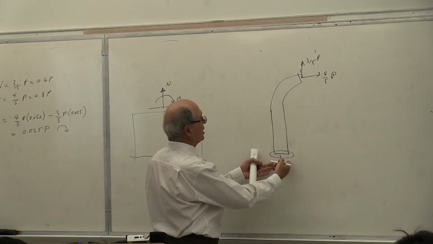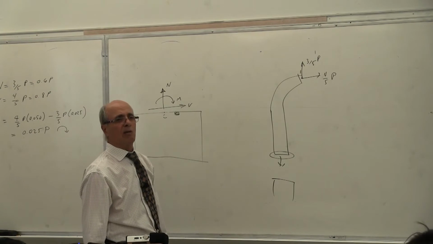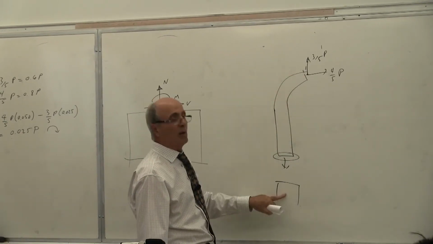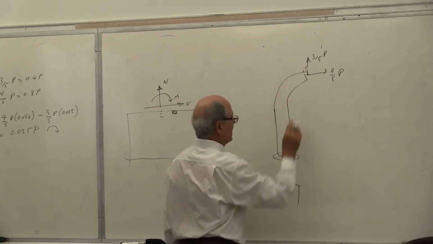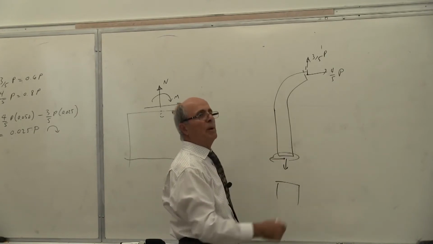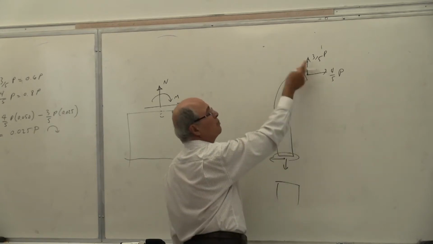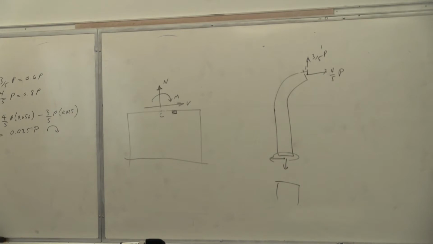That transfers here, to the lower part and the upper part. The upper part will be equal and opposite on the lower part. Some people put it all mixed. When you see that, that automatically gives you this and this and a moment. But I don't know which moment, because this moment goes clockwise and that moment goes counterclockwise. Everybody see what I'm talking about? That is the statics of the problem.